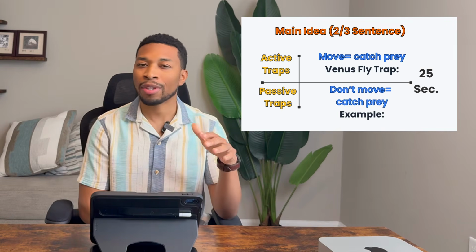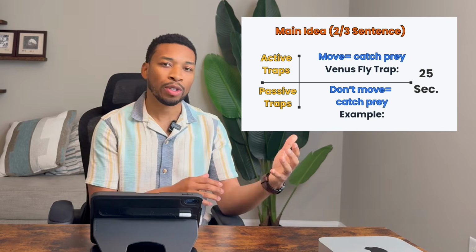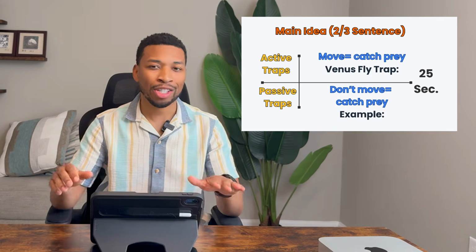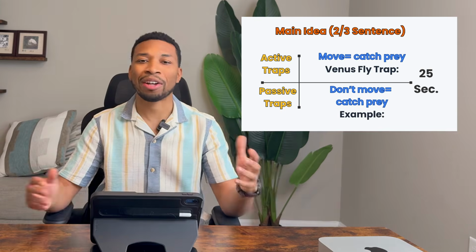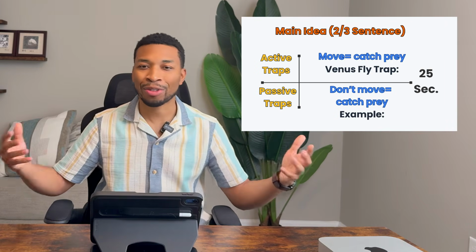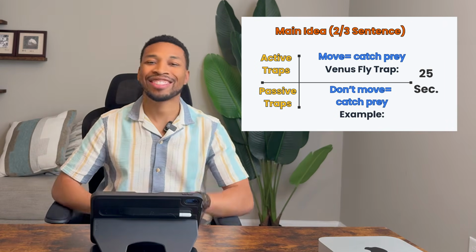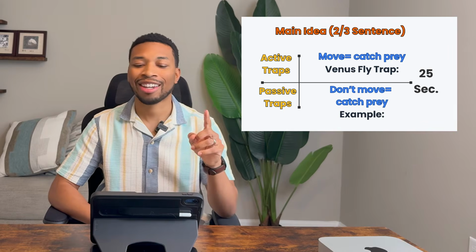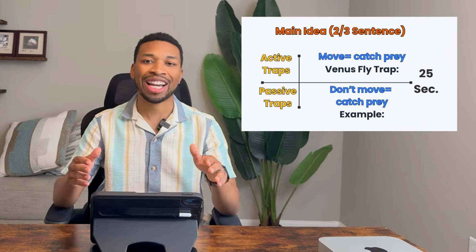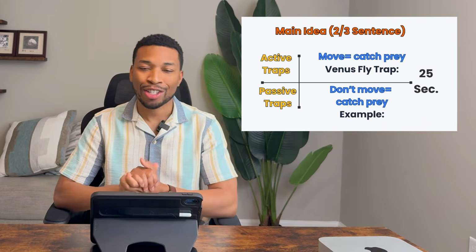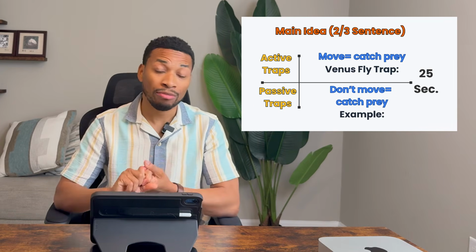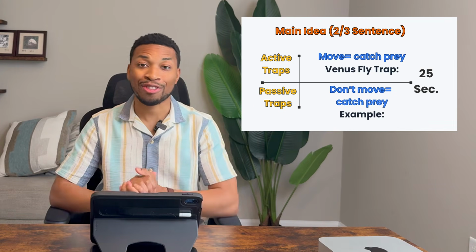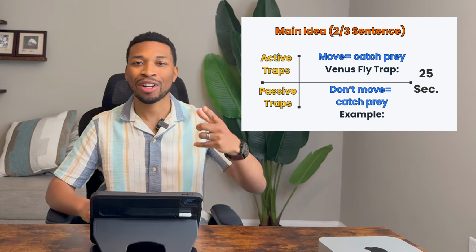If they ever skip the definition like they did with the first one, the second way will be straightforward, so you don't have to freak out about whether both of the ways will be like that. Don't worry, it'll only be difficult for one, and the second one is going to follow exactly what you already know. All right, so let's find out what passive traps are, and let's see the example that they use for that. 3, 2, 1, let's do it.